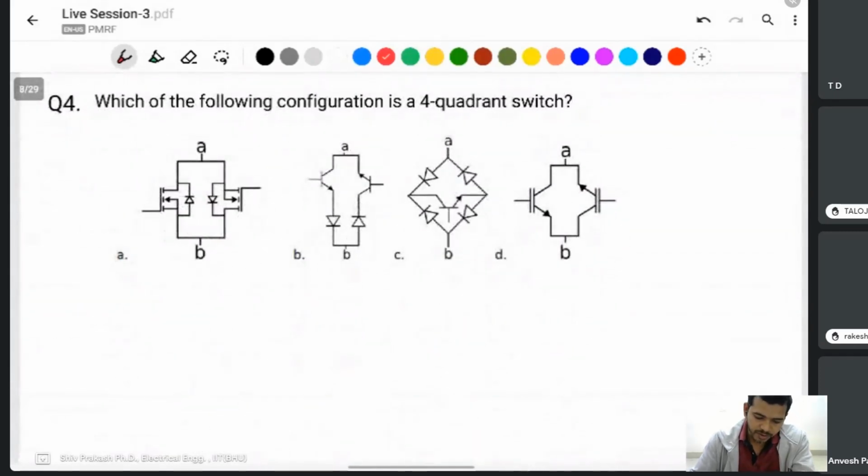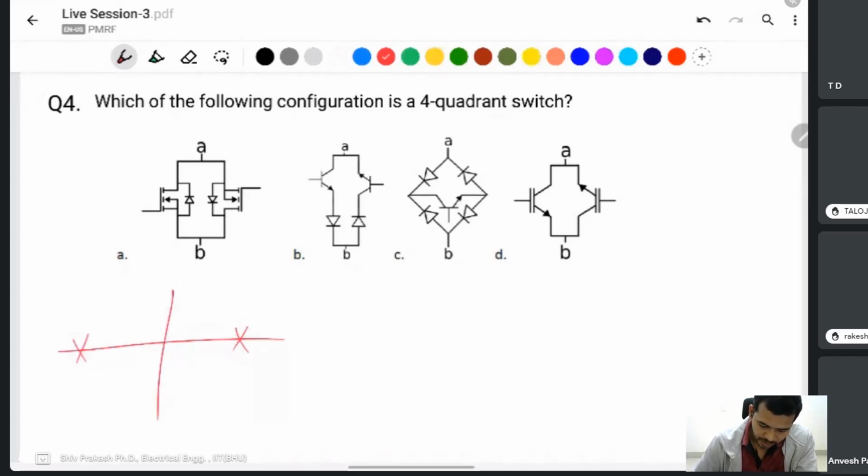Which one of the following configurations is a four quadrant switch? Four quadrant means you can block both voltages and the current will flow in both directions. If you see option A here, then it has